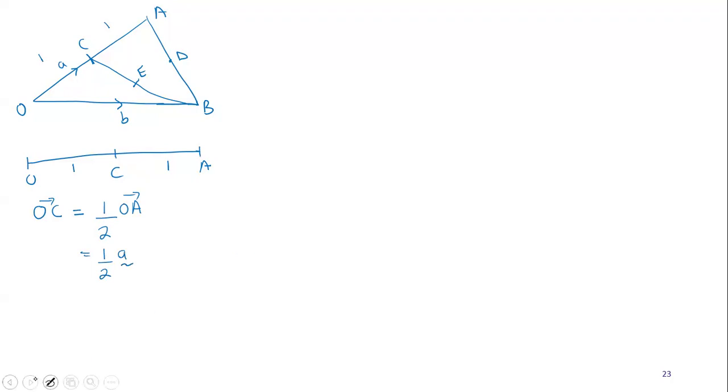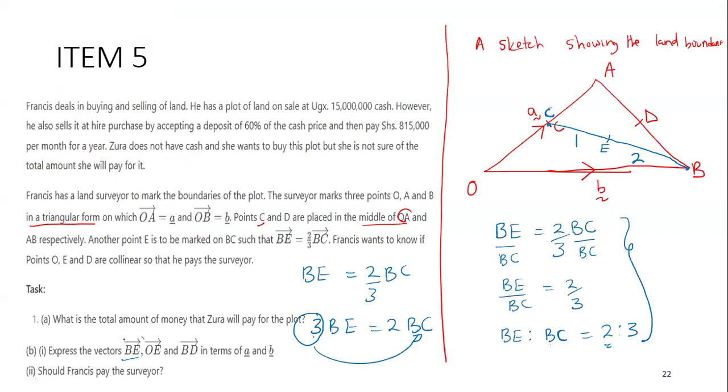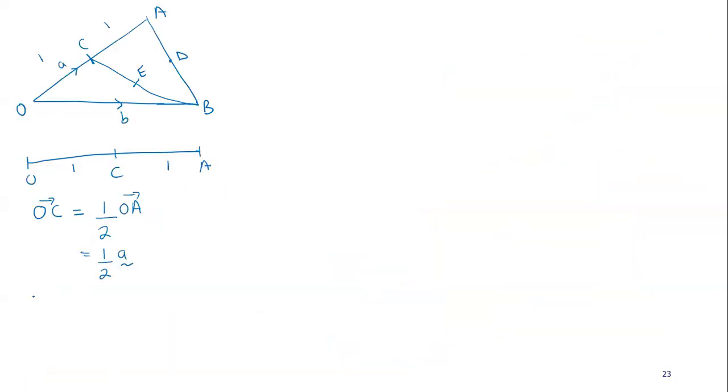Now, why are we doing this? Because when you look at our question, they wanted us to find BE. But to find BE, there is one of the roots here that BE is 2/3 of BC, but we don't have BC. So now we are going to come back and find what is our B to C. Now B to C, this is B to C. Can someone raise up the hand and maybe you take us through how to find BC? Now I want us to find BC.